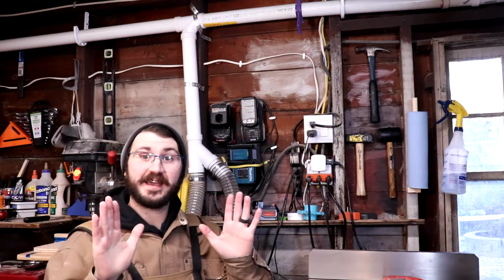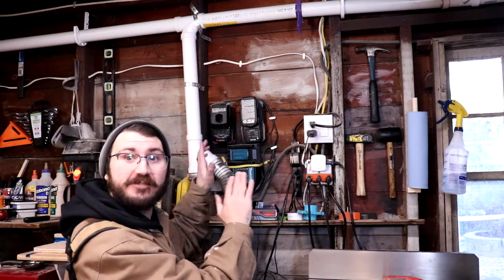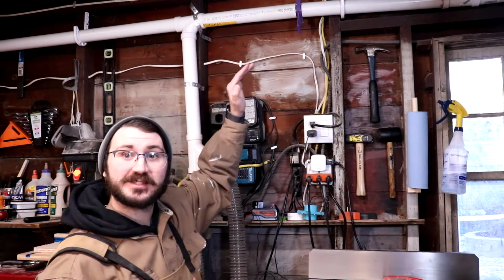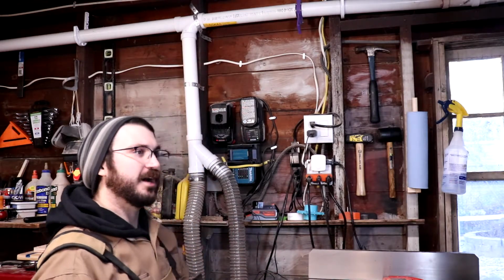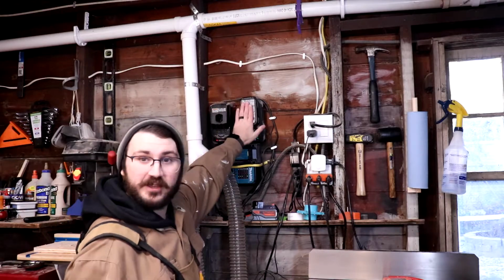So one thing I'll say, and I'll say it again, is attach things to the wall if you can. Make shelves everywhere you can, because stuff in the vertical space is the way to go, especially in a small shop where you need room for tools or plumbing or whatever it is. In my case, it's the plumbing for the dust collection, but I have here